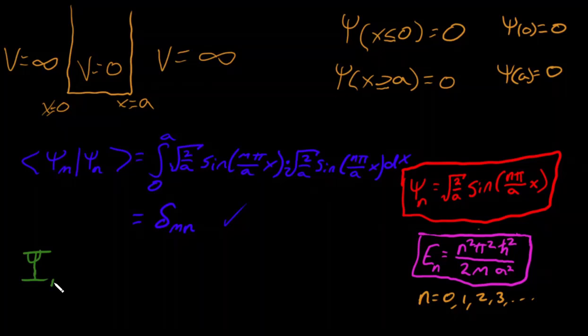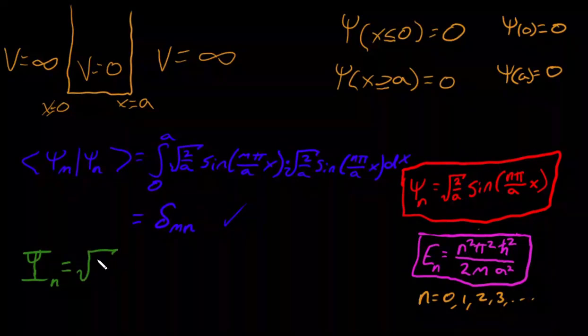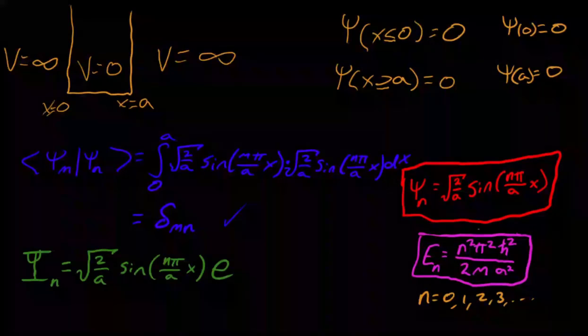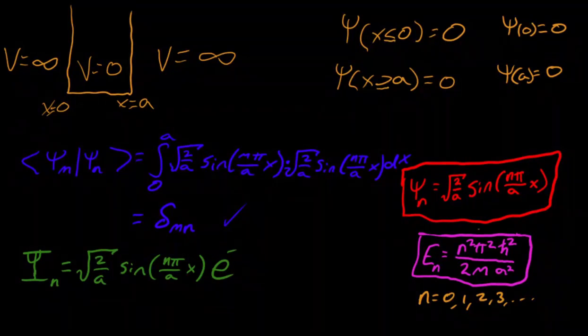Capital psi n, we know, is equal to little psi n, so I'll write root 2 over a, sine of n pi over a x. Then we have the time part, e to the minus i omega t, or we would write i E t